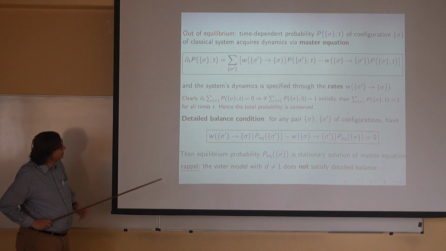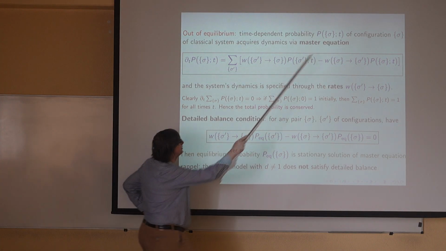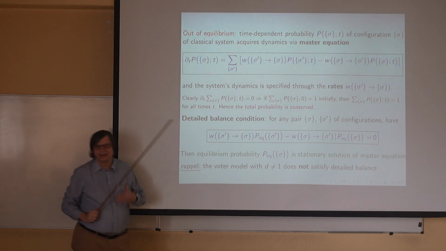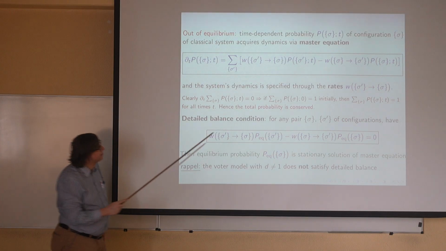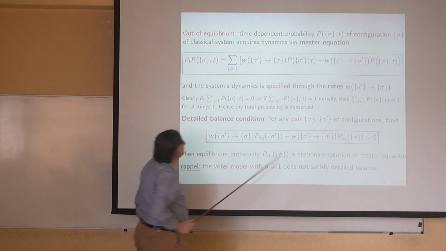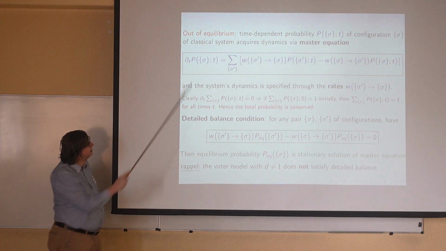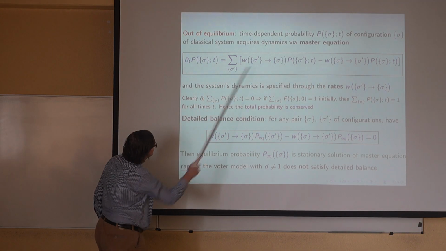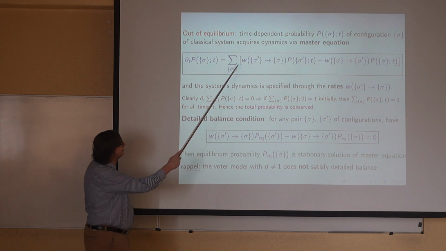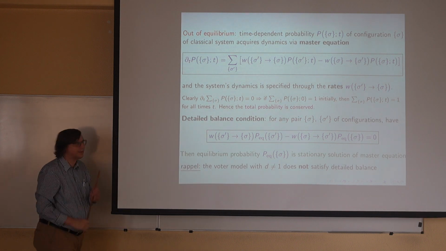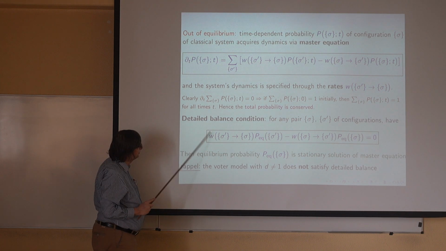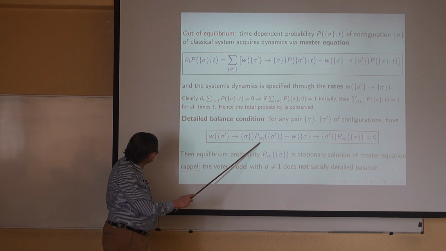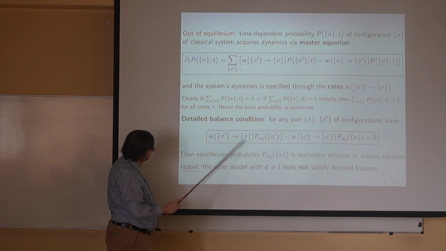Okay, we are out of equilibrium. In principle, we are interested in spin configurations, so we have opinion configuration sigma plus or minus 1. These are provided with a certain time-dependent probability, and you write a master equation for this. Of course, the evolution inside the master equation is determined by these conditions. And one important property is the detailed balance condition, that is, when this is the equilibrium probability of a certain